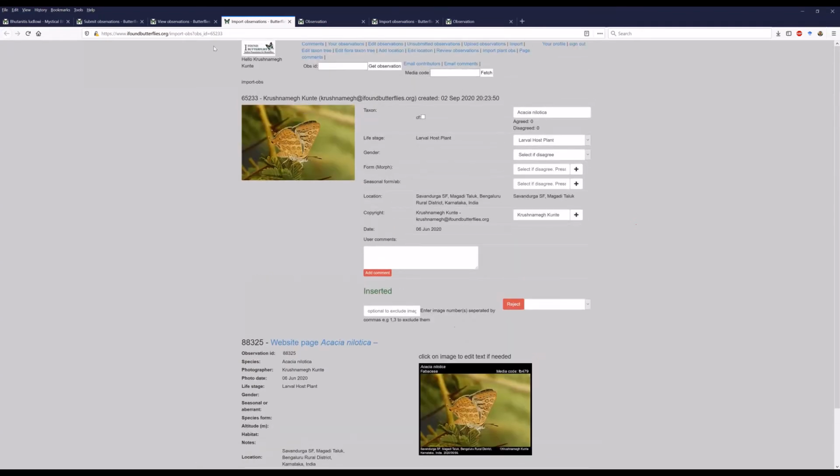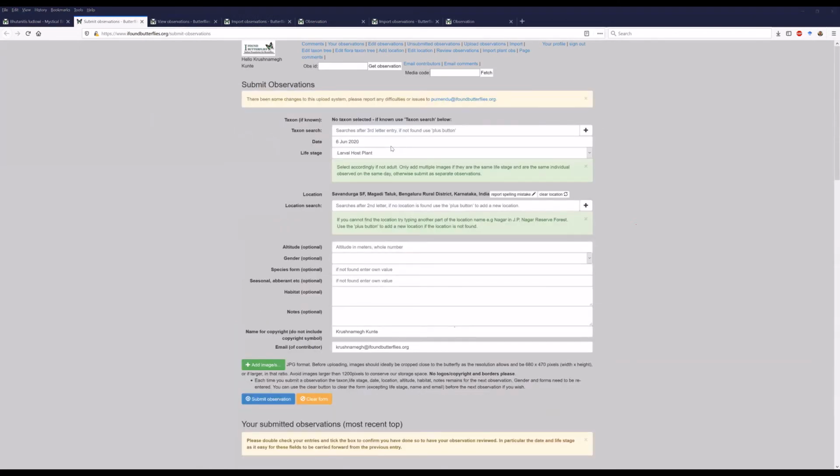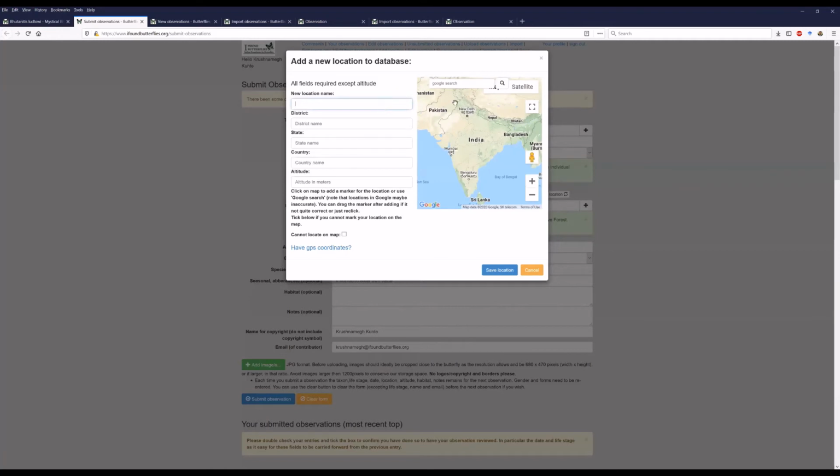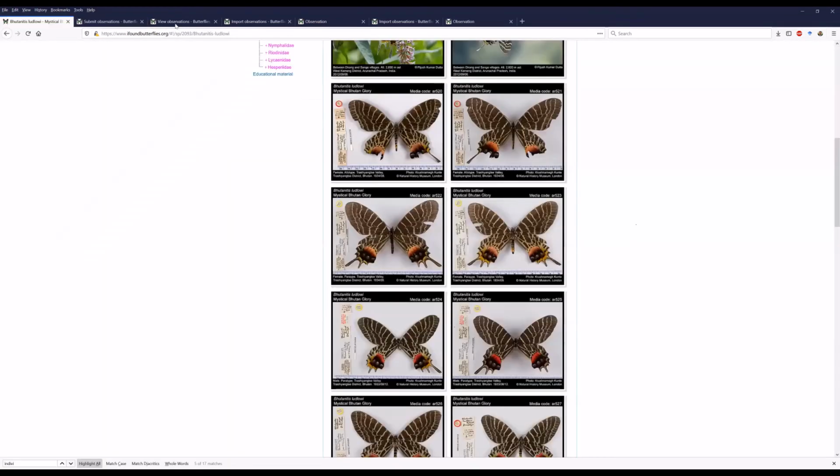But I'll show you how you want to create that. So let's say you're submitting your observations. Here you can, Pranav, have you recently done this while creating an entry, a contribution? Have you created a location? No, Krishnanag. No, you haven't. Okay. So let's just try that. So let's say you want to search for something that may or may not be there. I'm going to search for Peacock Bay, Pune, for example. This is a place where I used to go quite a lot when I started watching birds and butterflies. And I don't believe this location is there, but actually I'm going to just very quickly check so that